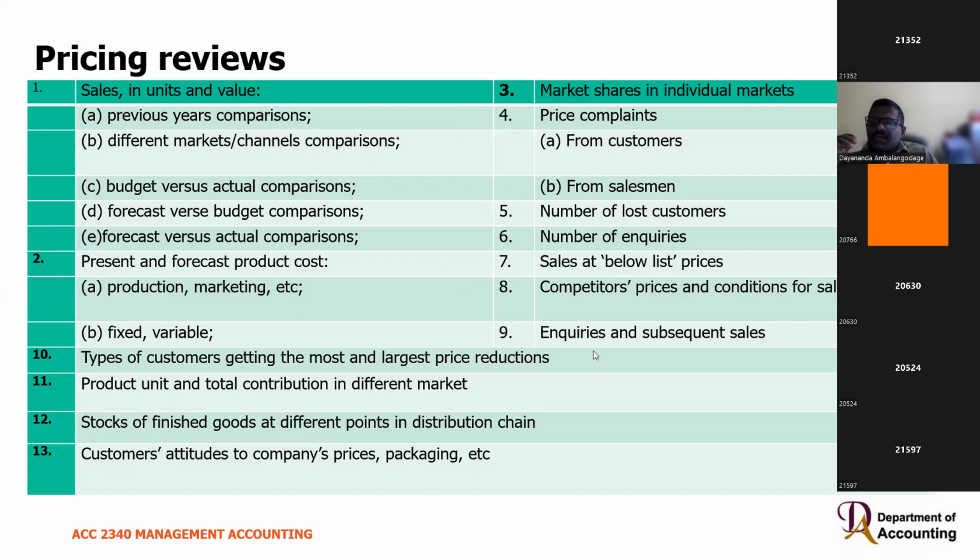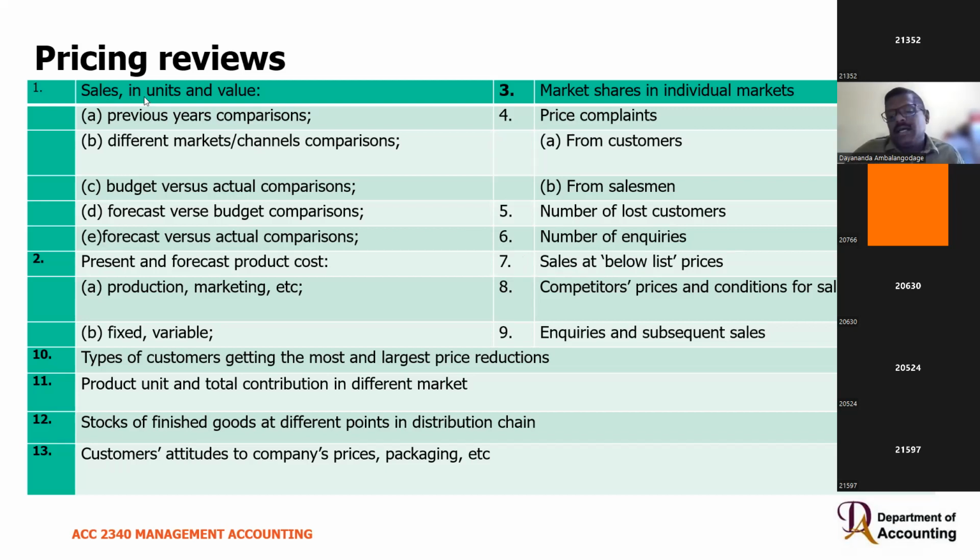What we are trying to communicate by using this pricing review is, once you decide the price and declare it, you need to have an accounting information system to get feedback. So when you get feedback on pricing, you may get your feedback information in relation to these 13 areas. For example,